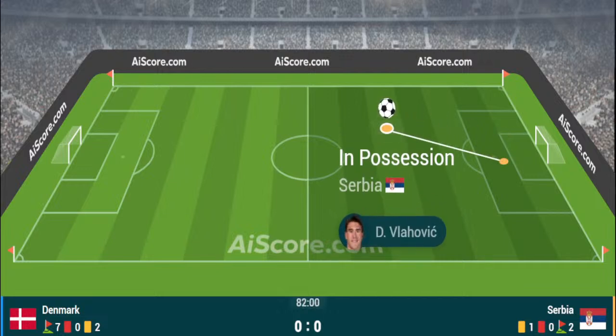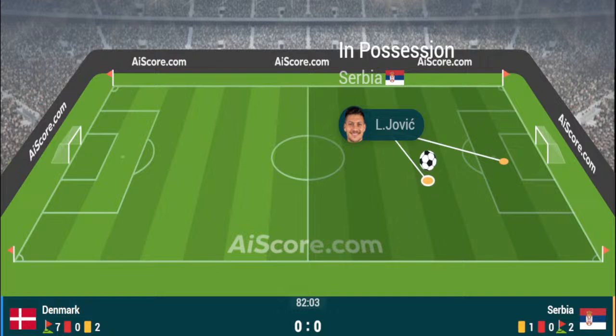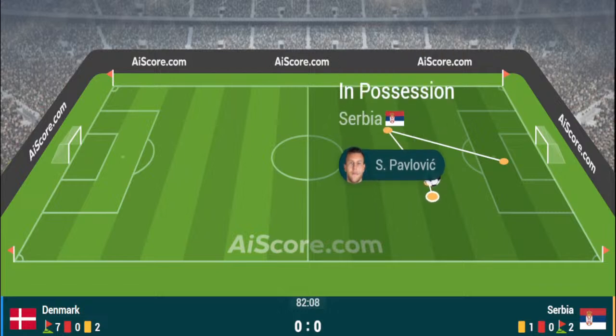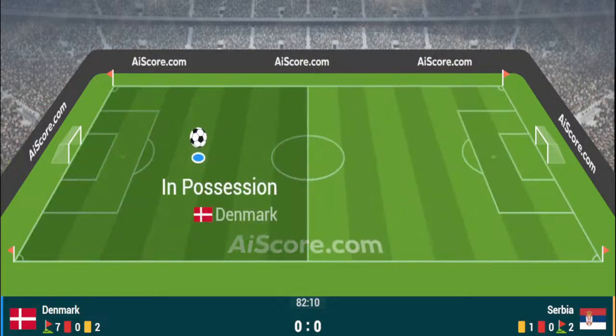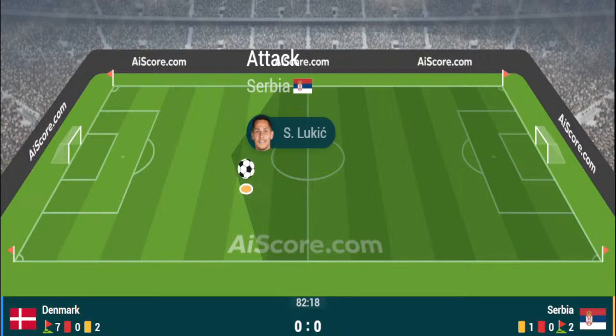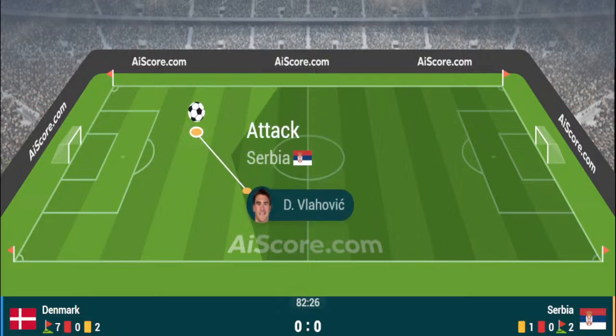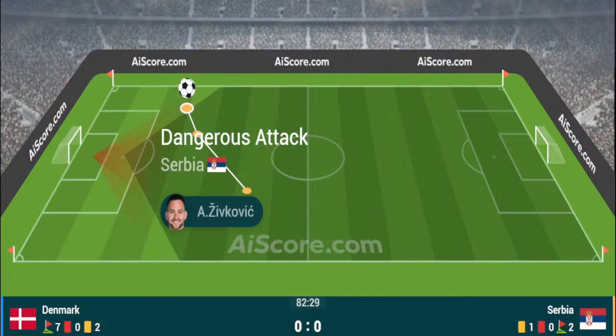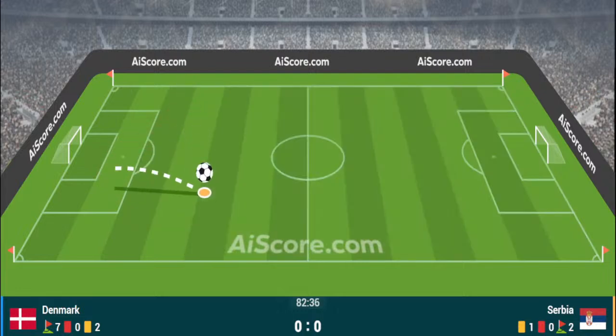Well, Mitrovic can't believe it. Alexander Mitrovic has waited all game long for that kind of opportunity, and I just think it's worth reiterating because it's getting absolutely crazy really in Group C in terms of just how fine the margins are here. Denmark, as it stands, will finish second in Group C, but they are level on almost every dimension apart from disciplinary points, which is just quite incredible.